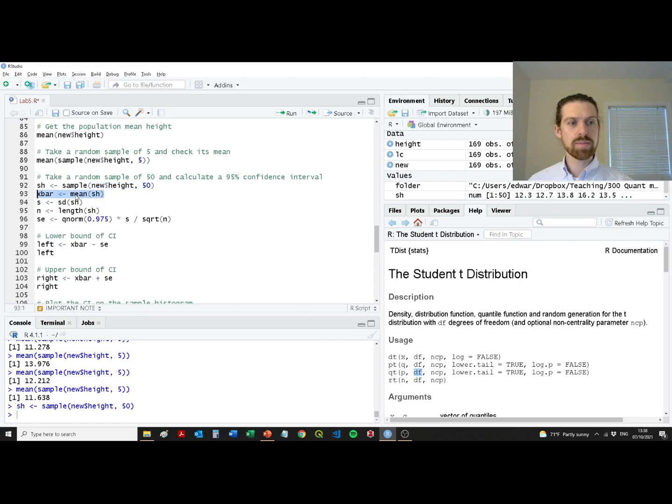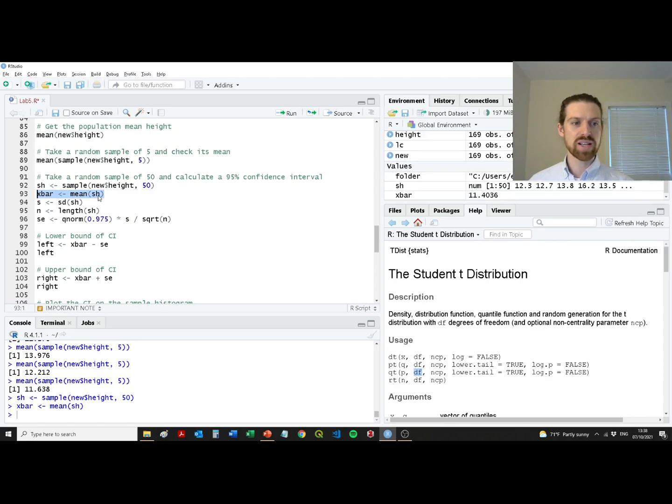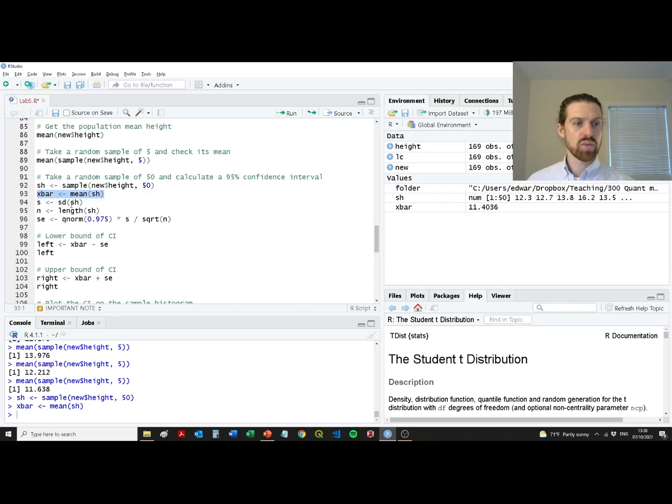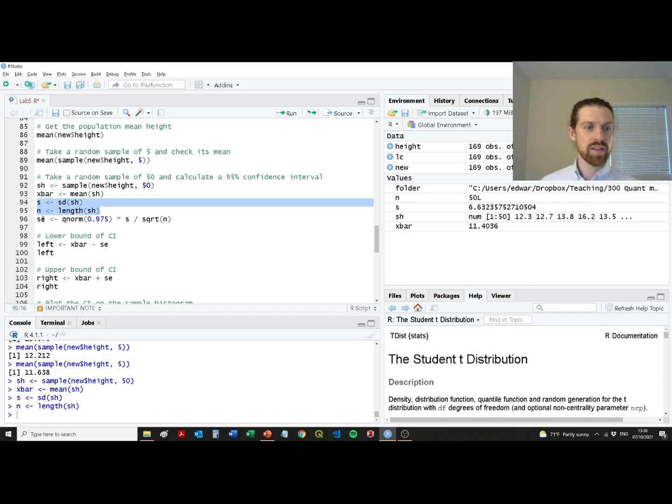We're able to do the same to get the x bar. What we're going to do is take the mean for that sample of height, sh, and that's placed into the memory. And then we can do the same for the standard deviation and the length. Okay. And then finally we're going to get that standard error value, so that